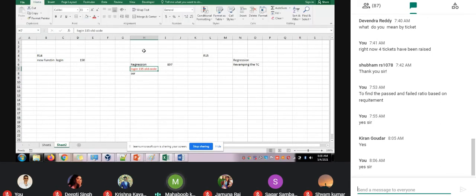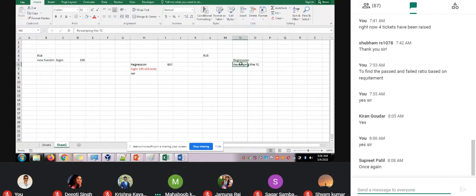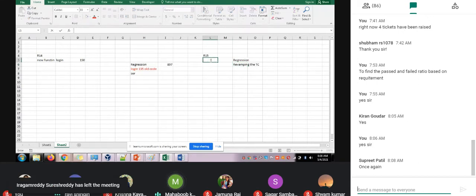Does that answer your question? Is it clear, guys? Have you got the meaning of revamping the test cases? That is changing, removing or updating the test cases in the regression suite. Let me put it this way: revamping the test cases is when I need to make changes to this pack wherever I need to prepare for regression testing. Why? Imagine the new release is on the search page. Correct? Search page.